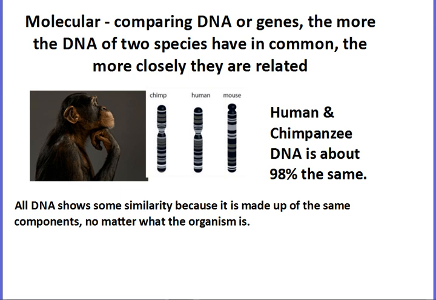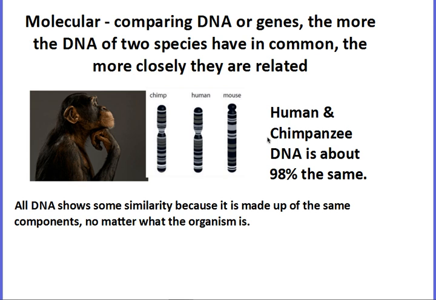So if scientists look at the DNA of a chimpanzee and a human being, and this is a representation of what that looks like, each of these little bands on these chromosomes represents different genes. The more similarities they can match up, one from the chimp and one from the human, the more closely they are related. And this is showing a human and a mouse. So human and chimpanzee DNA is about 98% the same. So there's a lot that we have in common with chimpanzees. In the evolutionary scheme of things, they are a relatively close relation to us. Again, not like your cousin, but in the grand scheme of things,